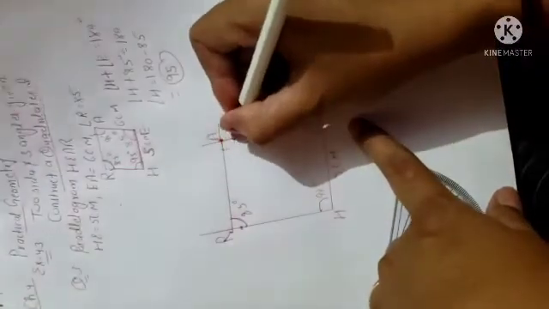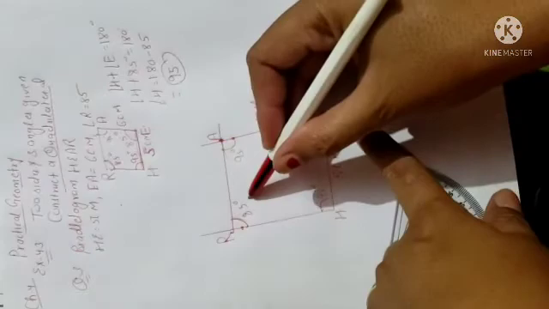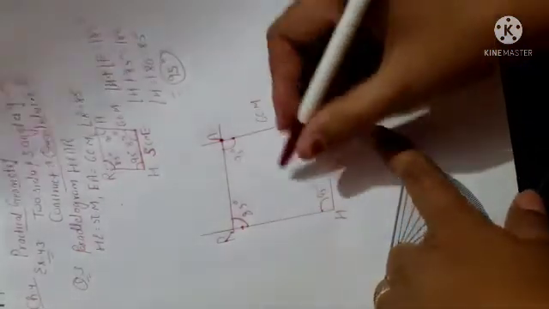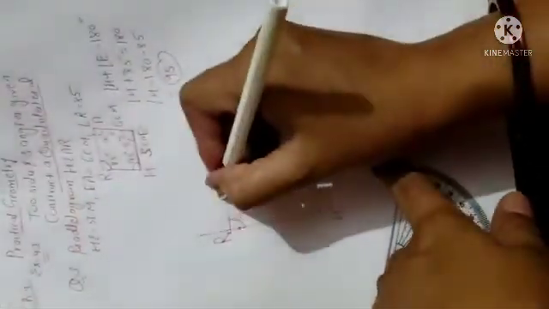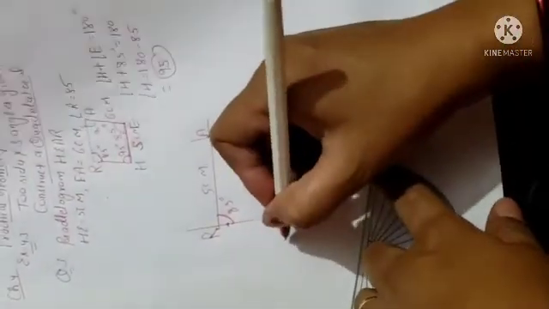Angle H will be equal to angle A, this is 95 degree. Angle E will be equal to angle R, and it is 85 degree. Clear? And side HE is 5 centimeter, it means RA is also 5 centimeter. If EA is 6 centimeter, so you can say HR will be also 6 centimeter. Is it clear?